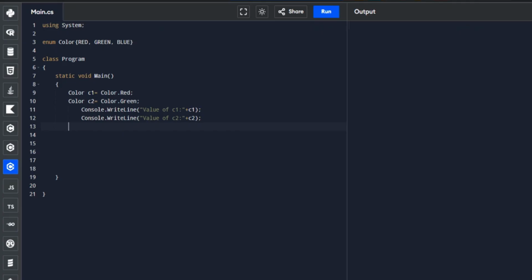We're going to display it right away, so we say Console, and concatenate it with the value of the variable, I'm sorry, with the enumeration.